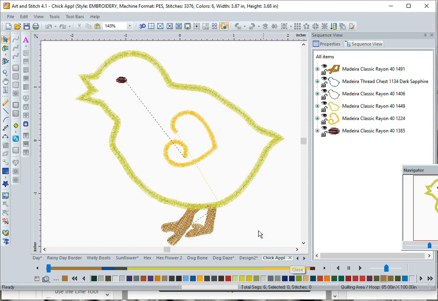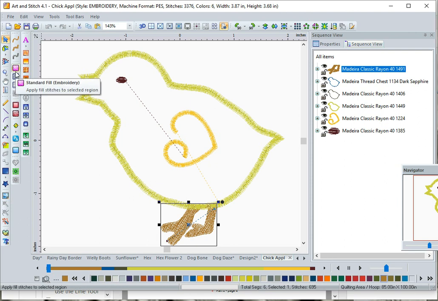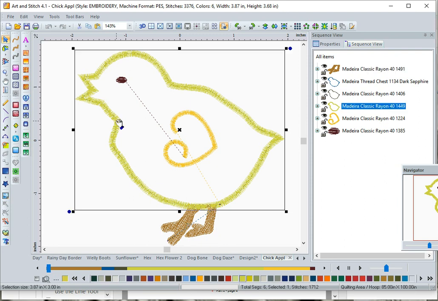The next and last thing is going to be the Embroidery Plus, which is Art and Stitch Plus. It's an extra add-on tool. This little chick I designed in off a coloring book page. I scanned in the page, used it as a backdrop, and traced around it to create this little chicken. These are fill stitches. So I drew the shape of the feet and then click a little button up here to fill it with a standard embroidery fill. And the chick,